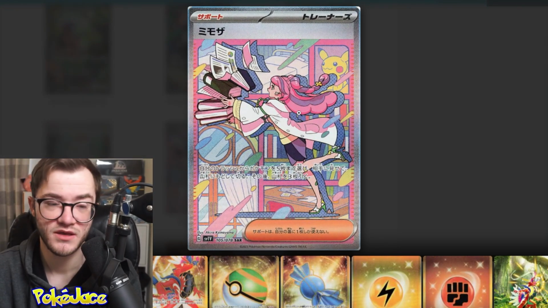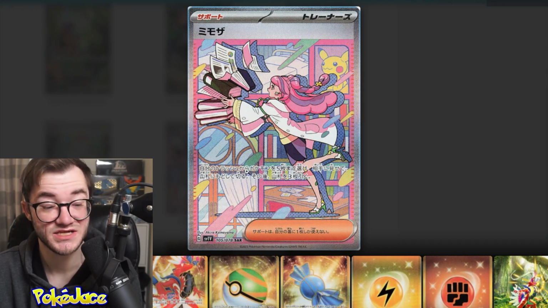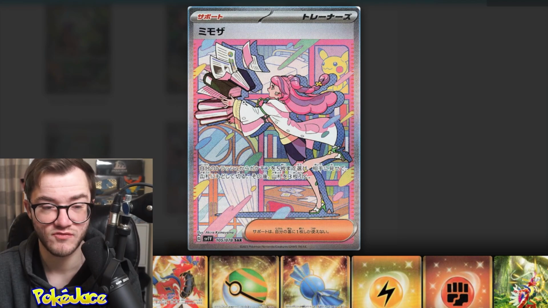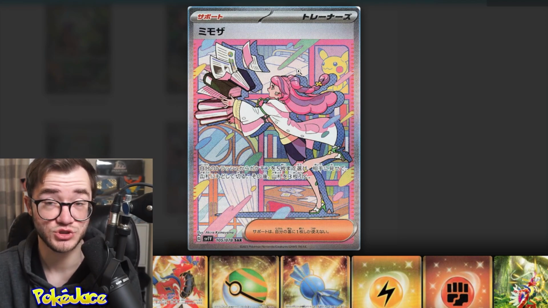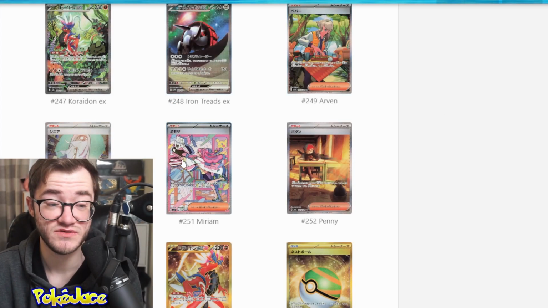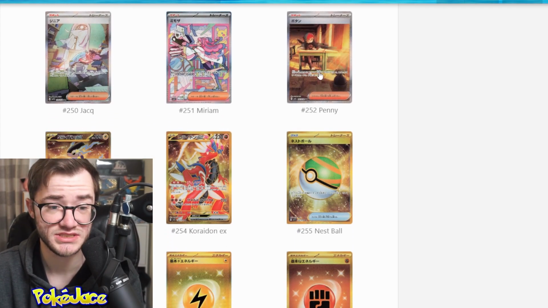Then this is it. This Miriam, some of you guys may already know, is going to be the most expensive card in the set upon release. Will it stay at that level? We have to wait and see. I don't know what the pre-order prices are right now, or we'll be looking at that soon, but this will drop. Maybe it might not be the most expensive, but in Japanese, of course, it is very, very